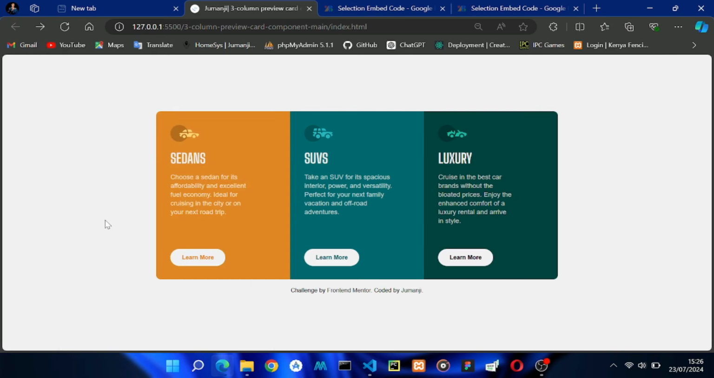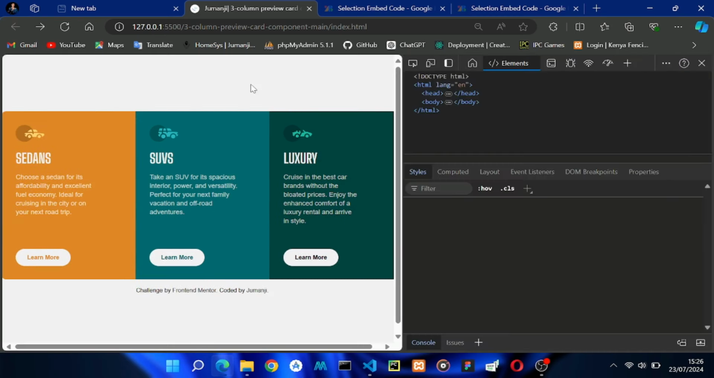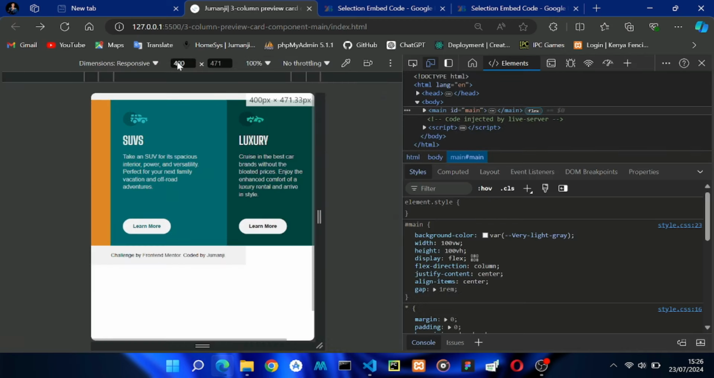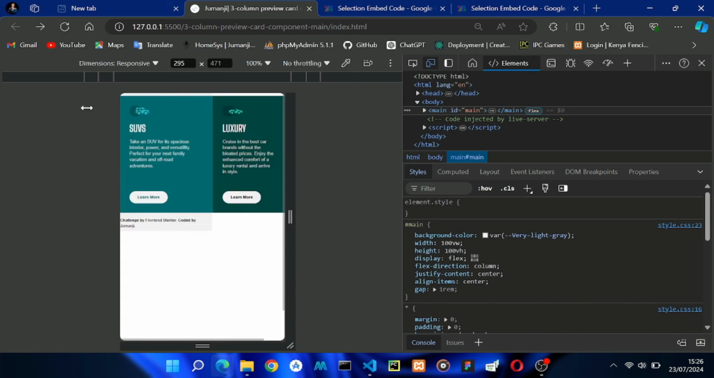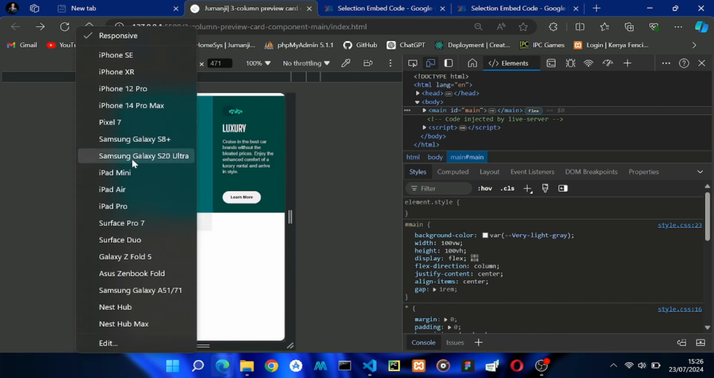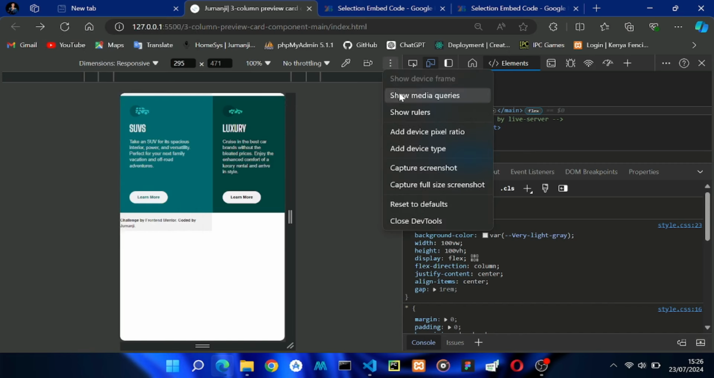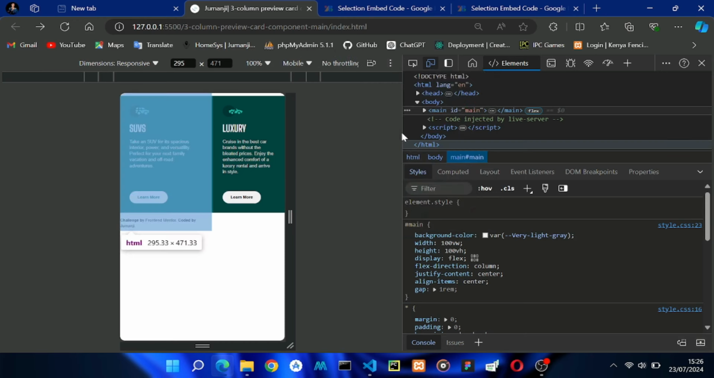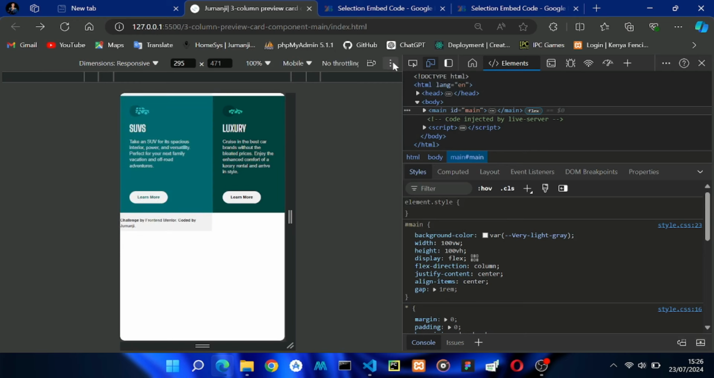So let's come up to inspect. Now here at the inspect, I'm going to choose my device frame. You can deal with the responsivity like this, or you can just come and choose your favorite device here. If there's no device here, what you do is just come to these three dots here and then click on the devices, okay? Add device or add device type, okay? So you're going to choose